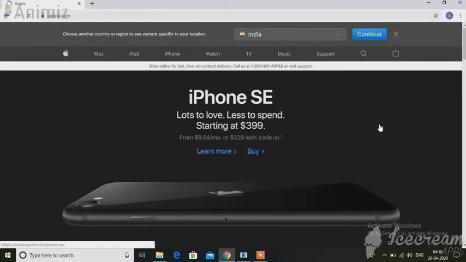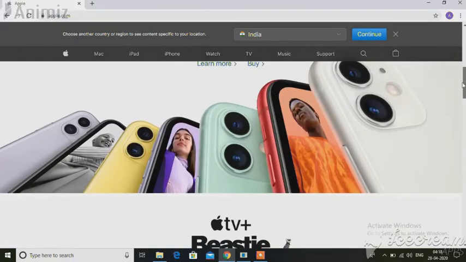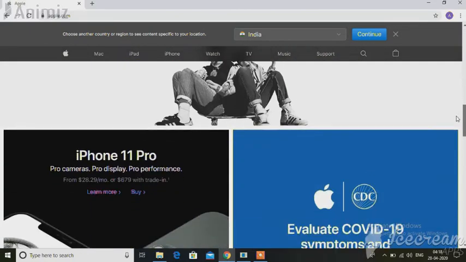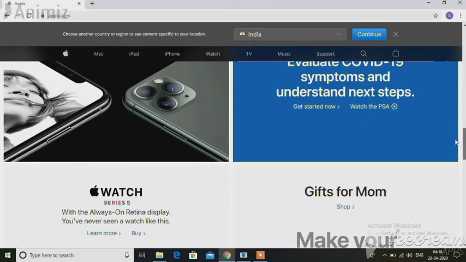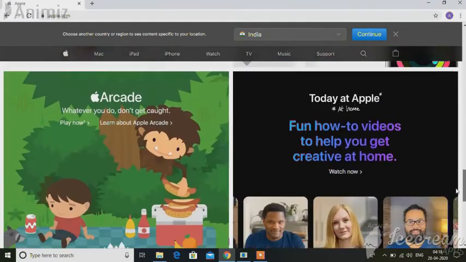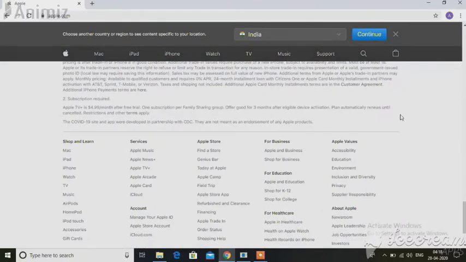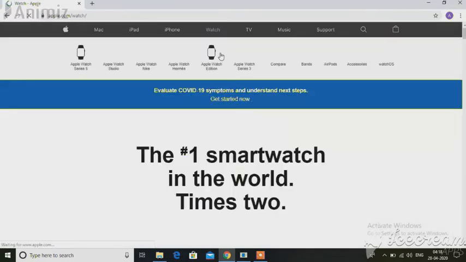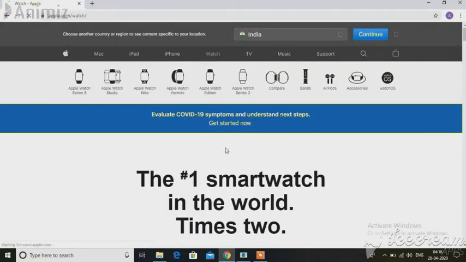So this is apple.com. If we want to gain more information about apple.com, there is a lot of stuff in this website, so check it as much as you can. Go to many links in the website and search what information is given in it.